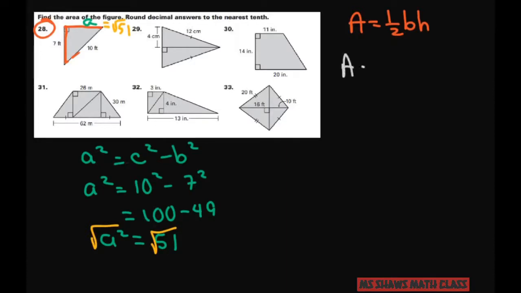So area equals 1/2 base, which is square root of 51, times height, which is 7. And then you put that in your calculator, and so you can go 0.5 times the square root of 51